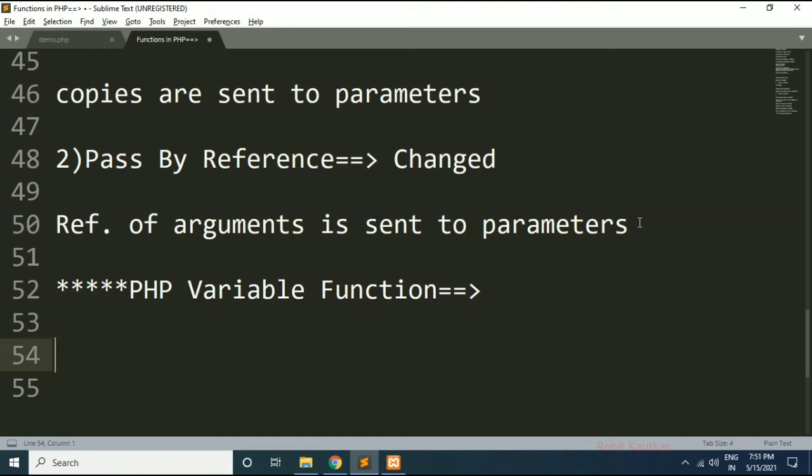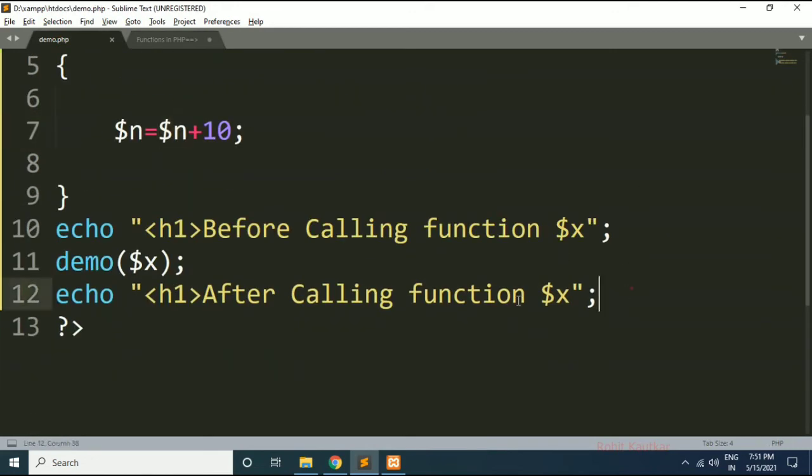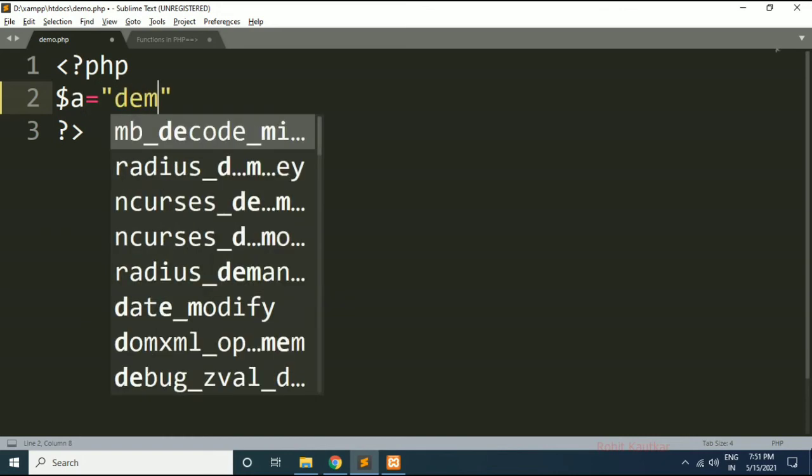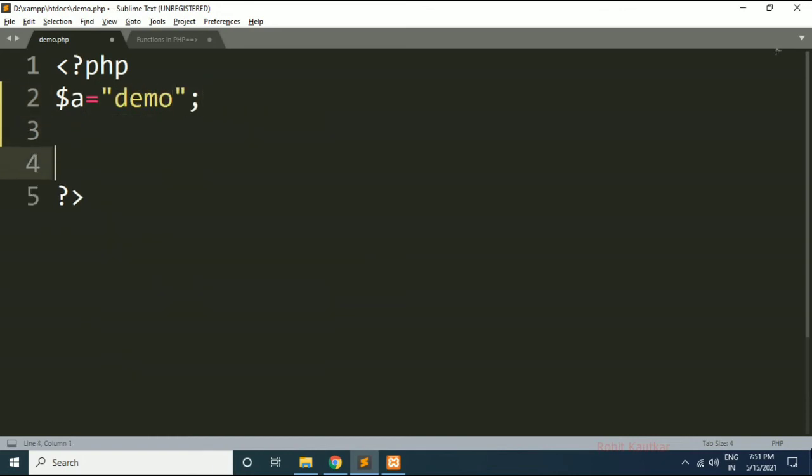So what we want to say here, see the example. I will clear all these things. If I create one variable here, let's say $a is equal to demo, and I write $a followed by opening and closing round brackets. Here $a is a variable having demo as its value, and in this statement we are writing parentheses in front of $a.